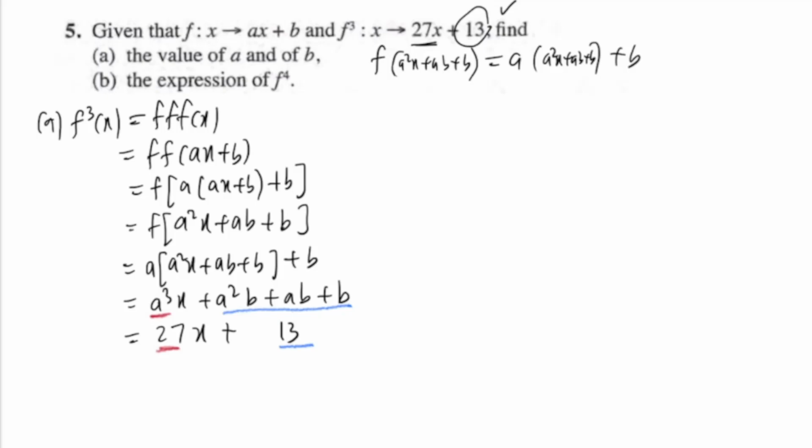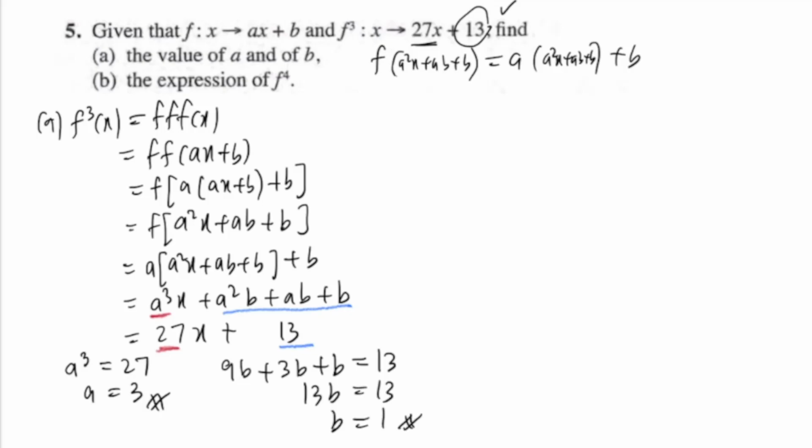So maybe I write here, by comparison, a cubed is 27, and the cube root of 27 is just 3. So a is now 3. If I put this inside, a squared is now 9, plus a, which is 3, times b. There's another b here. Add them together, the result is 13. So what we have here is 13b equals 13, b is just 1. Okay, so I've got my values of a and b. The last thing is to find f⁴(x). Now what is f⁴(x)? f⁴(x) means